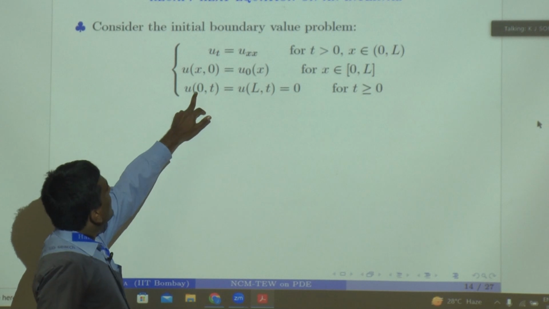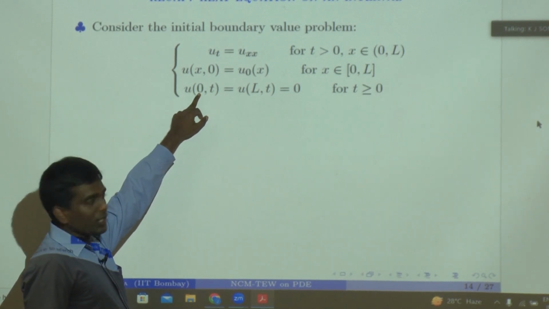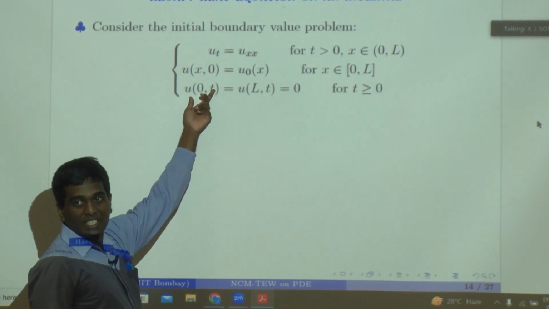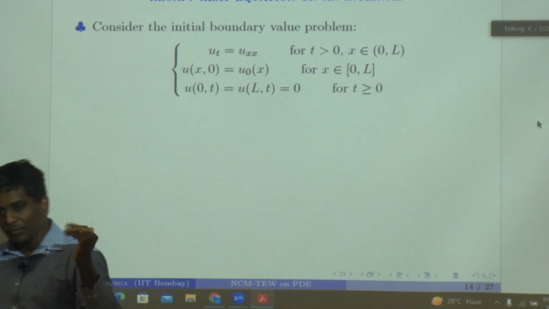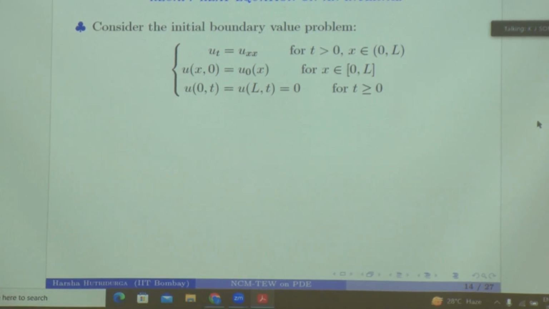You see, when I have fixed the point x is equal to 0 here, what is left is a function of t. You can also give data as some functions of t also. And you can try to solve them. That's just adding additional difficulty. Otherwise, the principle is one and the same.